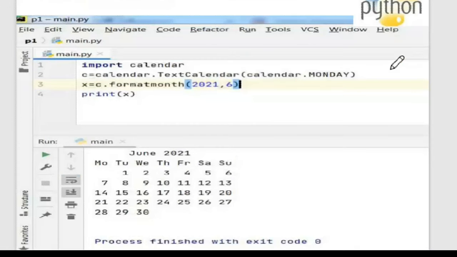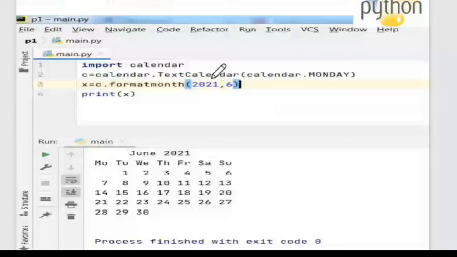This is a very simple program wherein I have imported the calendar module, and I have created the calendar for the month of June 2021. It is a very simple way, by just using the built-in standard library. I created this calendar using just 3 lines of code.